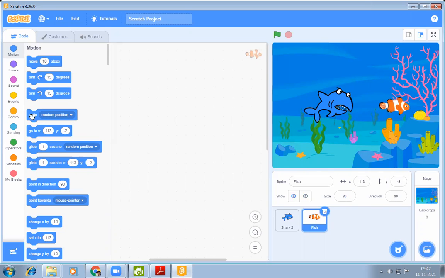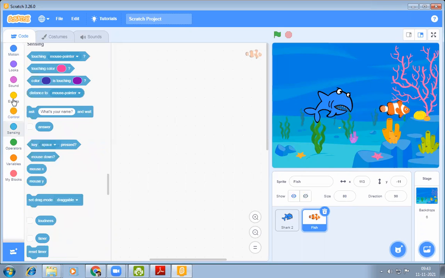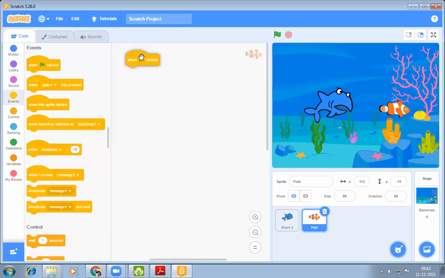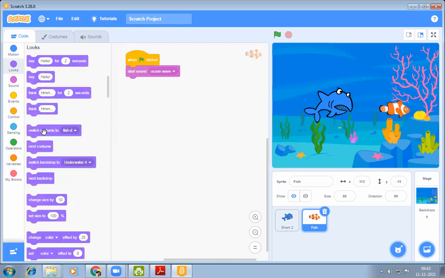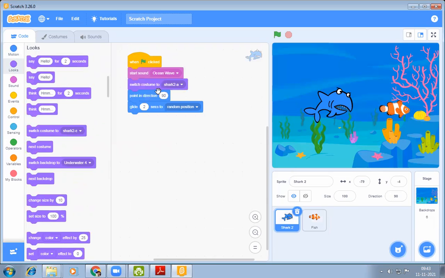So let's start again. Motion, events. When green flag is clicked, start sound ocean wave, switch costume to shark 2A, point in direction 90, glide 2 seconds to fish.